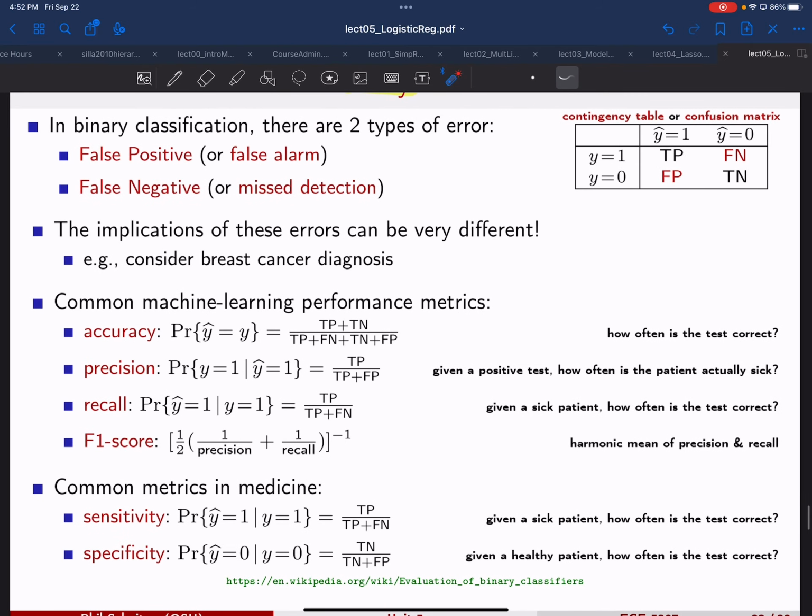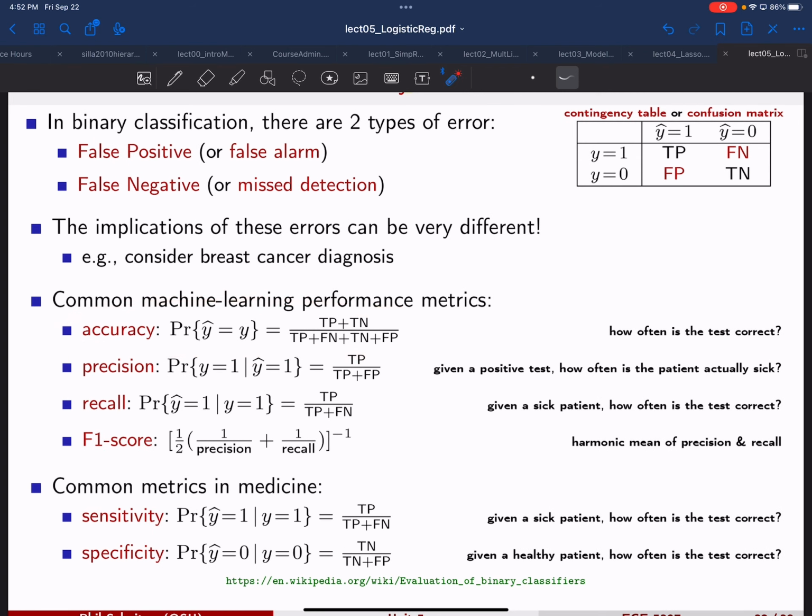So the most common way is to measure the accuracy. And there you are making essentially no distinction between these 2 types of errors. You're just saying, how often is it the case that the truth equals the prediction? We can think about it in terms of this table as follows. Imagine that these are just counts, like you did 1,000 experiments and you record the outcomes, so those 4 numbers have to add up to 1,000. Given this table of outcomes, sometimes called a contingency table, or what we'll often call a confusion matrix,